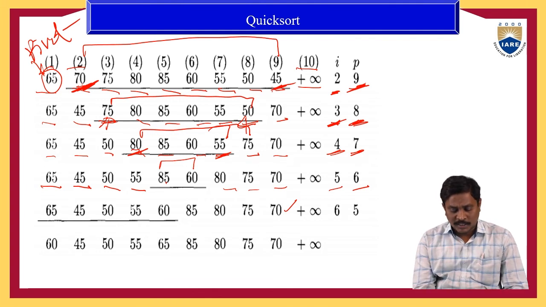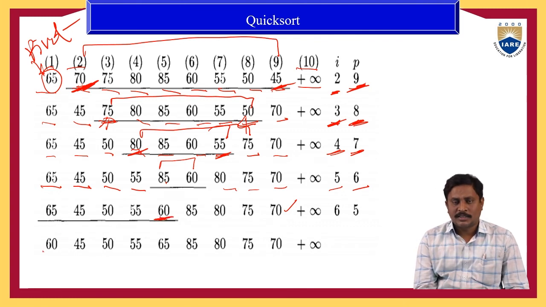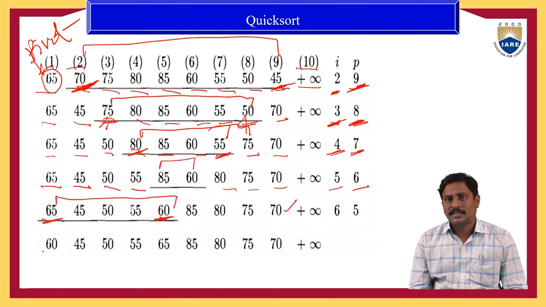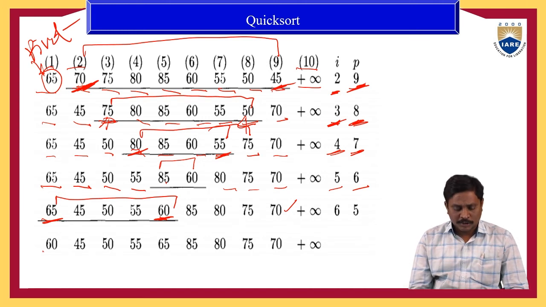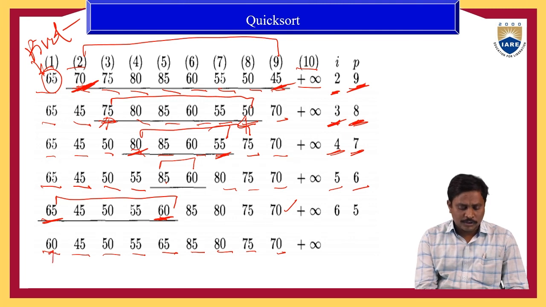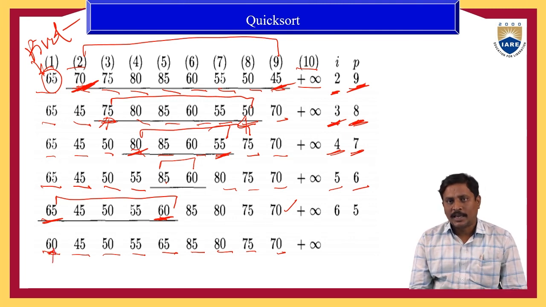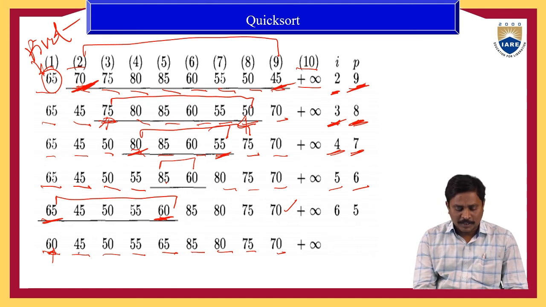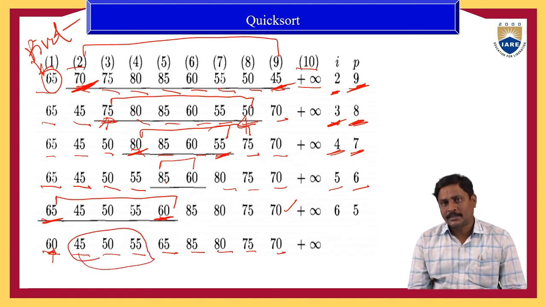Now we take the left subarray, whose starting value is 65 and this element is 60. So 65 is the pivot element. The pivot element is compared with the left subarray's highest value. 65 less than 60? No. Now interchange the two values: 60, 45, 50, 55, 65, 80, 85, 75. Now again we choose 60 as pivot element and apply the same algorithm to the left subarray elements, which are less than this pivot element.